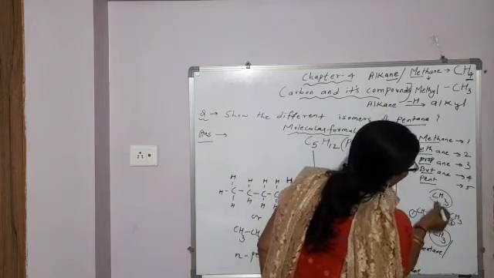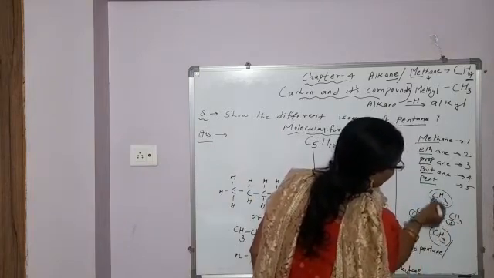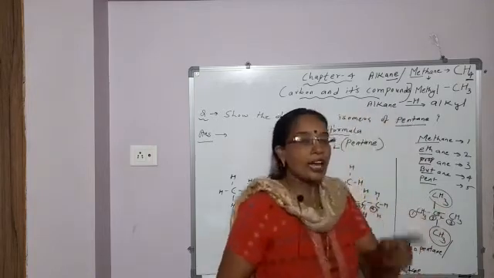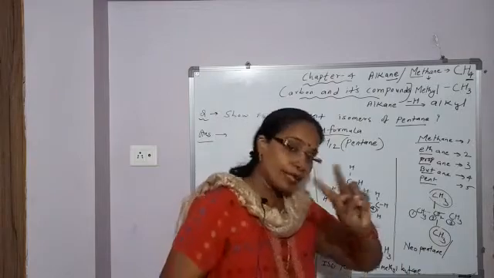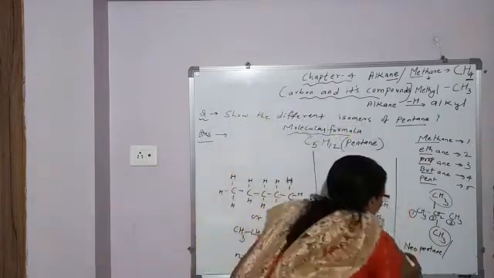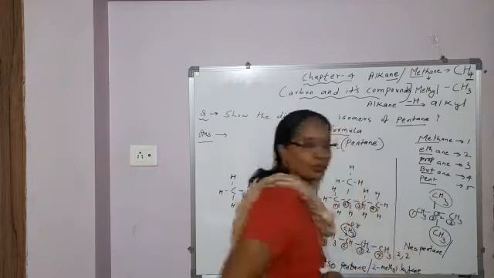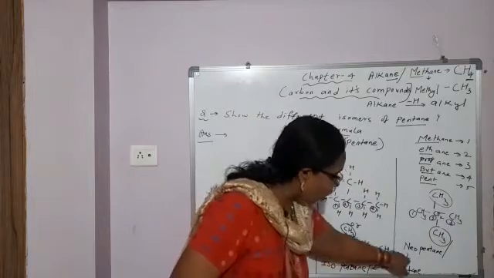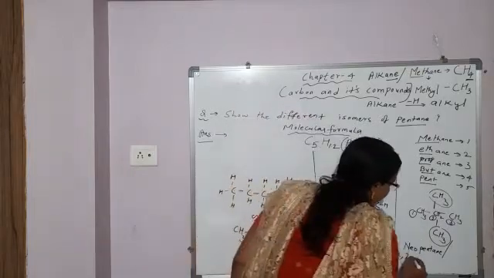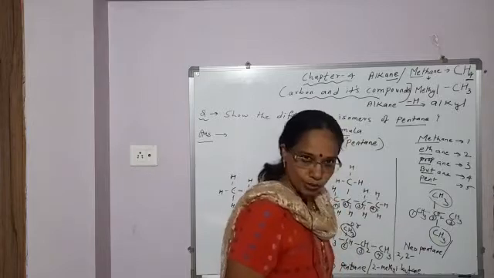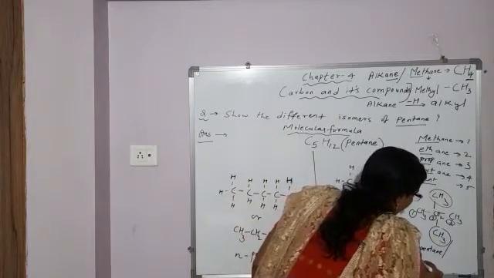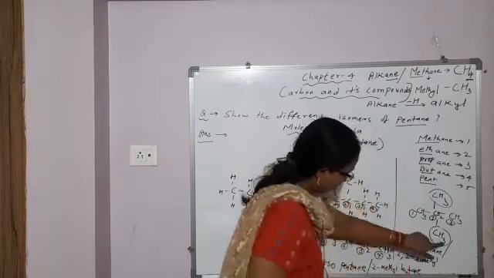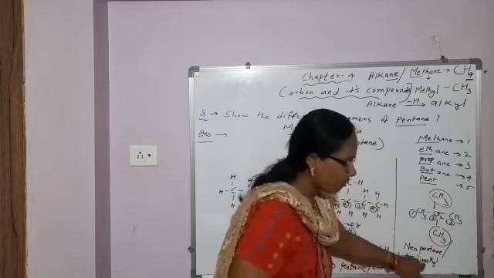Or you can name it in another way also. Second last carbon atom, 2 methyl groups. So write the position of this methyl group. This methyl also second position, this methyl also second position. And when 2 methyl groups are there, 2 times you will show the position. So 2, 2, because 2 methyl groups are there in the second carbon atom. Then what you will write? Hyphen. Both are methyl groups, so you will use the prefix di. Methyl. Di means 2 methyl groups.